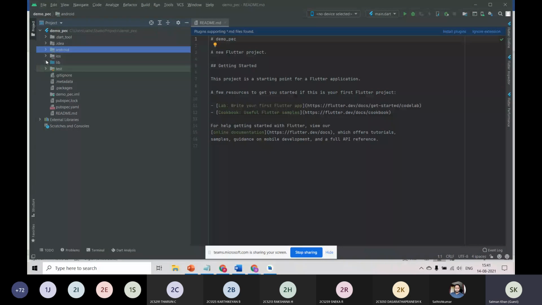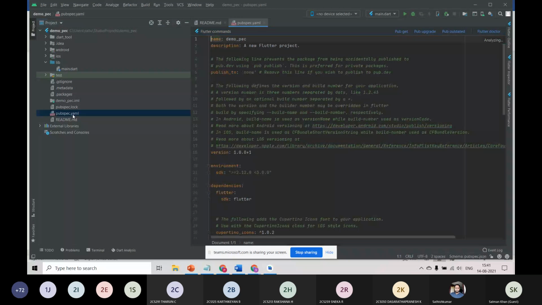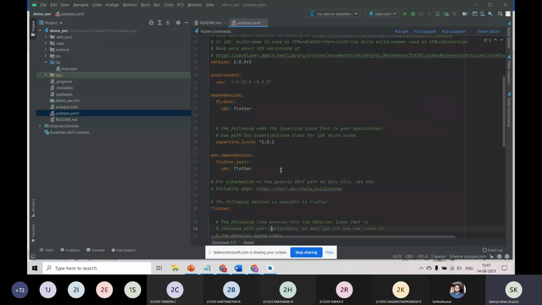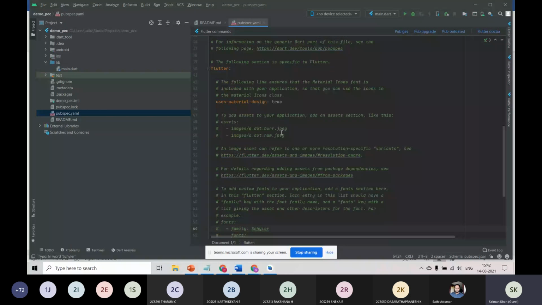As I said before, lib is where your entire running code should be present, and everything is in Dart format, because only the Dart language works for Flutter. Other than that, as I said, pubspec.yaml is the heart of the application, where you declare all the packages you use in the application, and you can also mention the images you use, and a lot more.